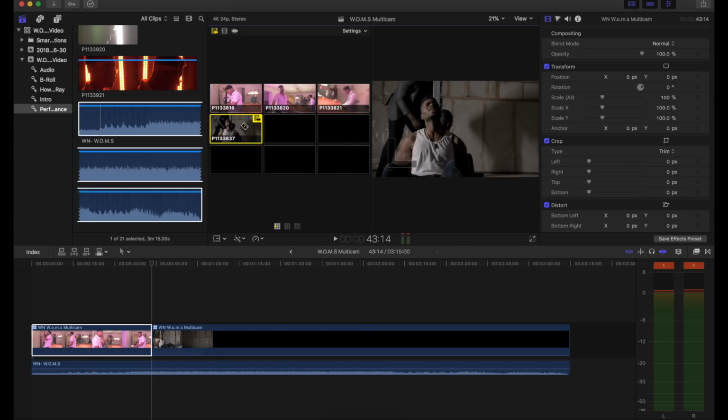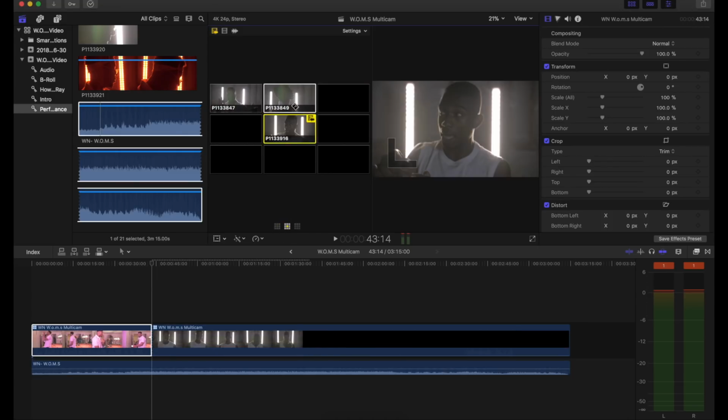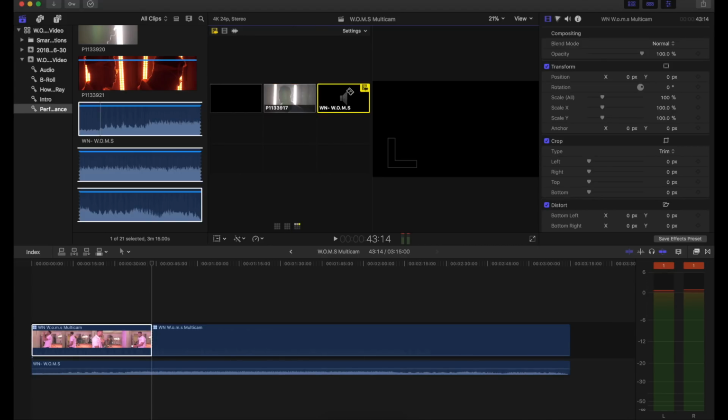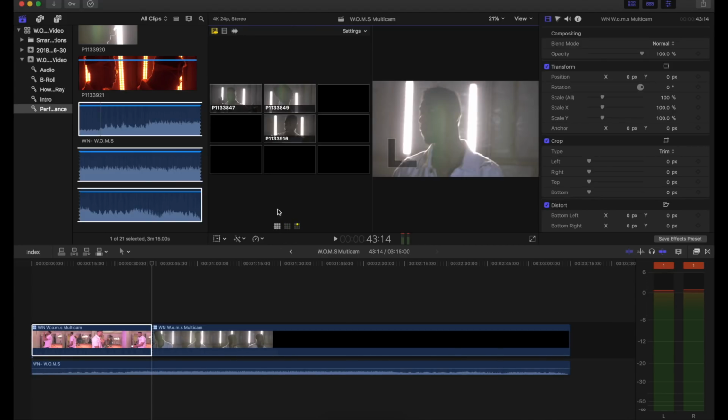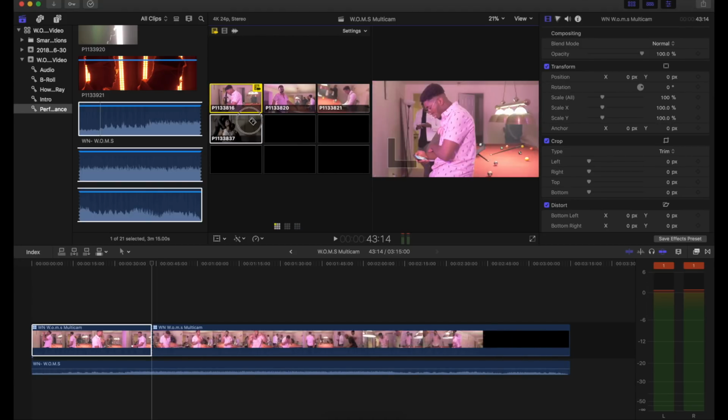Easy as that. You can literally just click around, and if you can't find the other clips, you just click on these squares here, and you can kind of siphon through everything. See, there's our audio there, but we're never going to go to that one. So this is how you go through all of your different scenes.